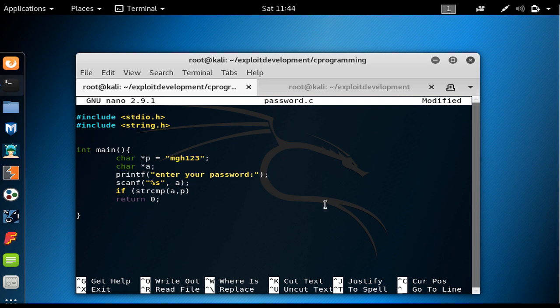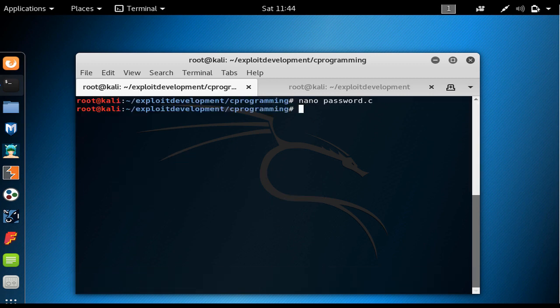If they are equal, it would return the value of 0. So it would say if strcmp of a and p is equal to 0, then I want you to print again, printf, that your password is correct. That's it. And if it is not, we want to return, but right now I want to check if it is right. So I press Ctrl O, hit enter, exit, use GCC to compile it,